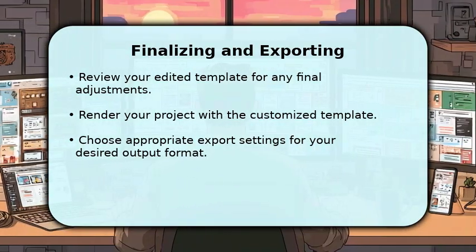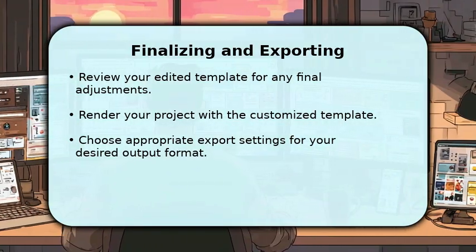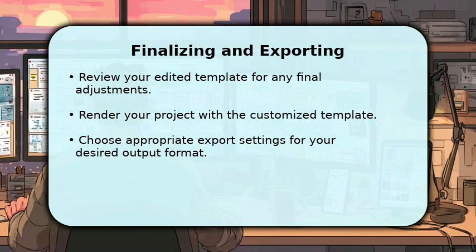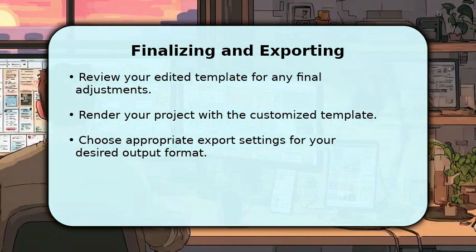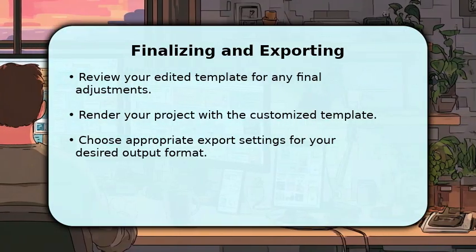Select your preferred export format, resolution, like Full High Definition or 4K, and codec. Click Add to Render Queue and then start render to produce your polished video, ready for